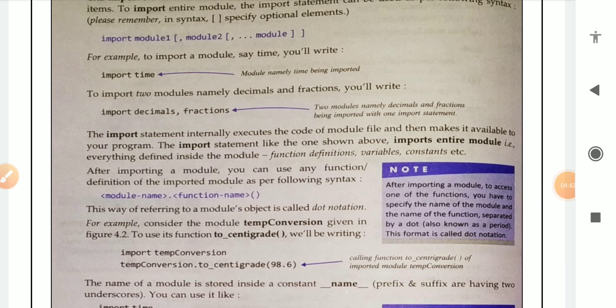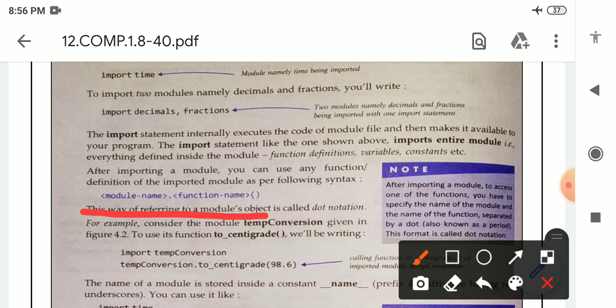So after importing a module, you can use any function definition of the imported module as per the following syntax. The syntax will be like this: module name, dot, after that function name and parentheses, because every function contains parentheses.